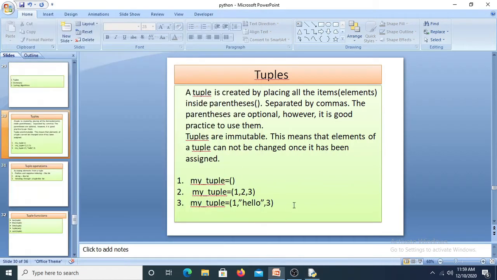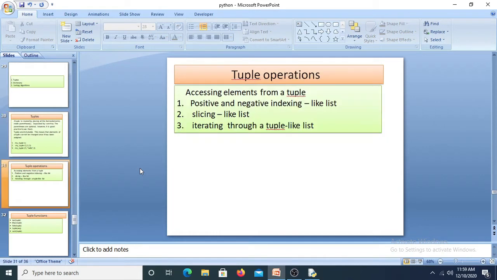Okay, so these are some of the syntax we have used. My tuple is equal to empty, or 1, 2, 3. You can also use string values in a tuple, right? Tuple operations: accessing elements from a tuple, with positive and negative indexing as we have used in a list.